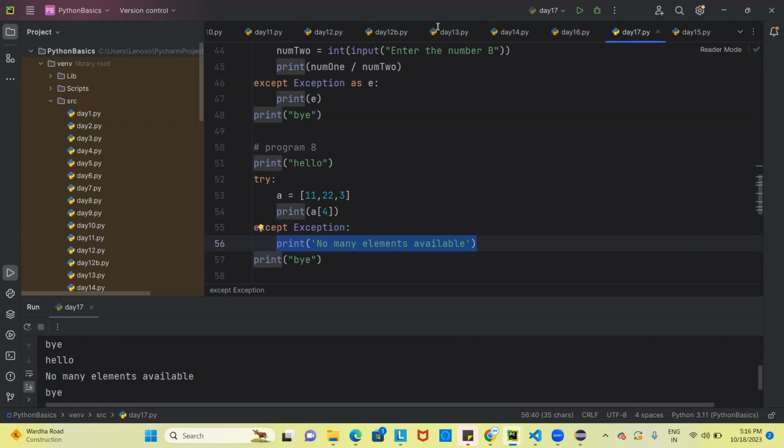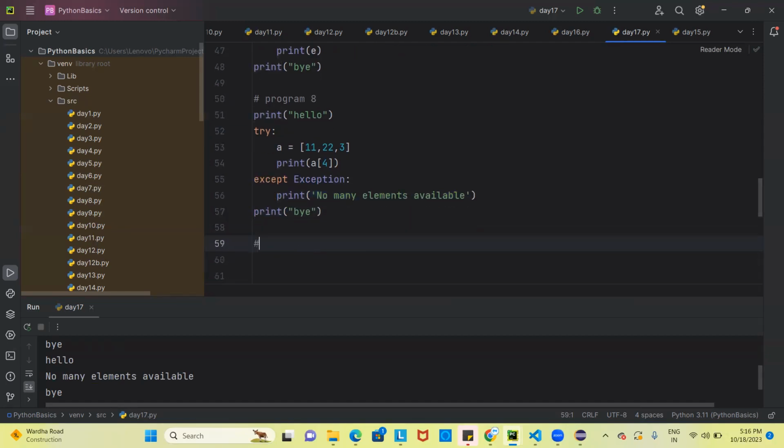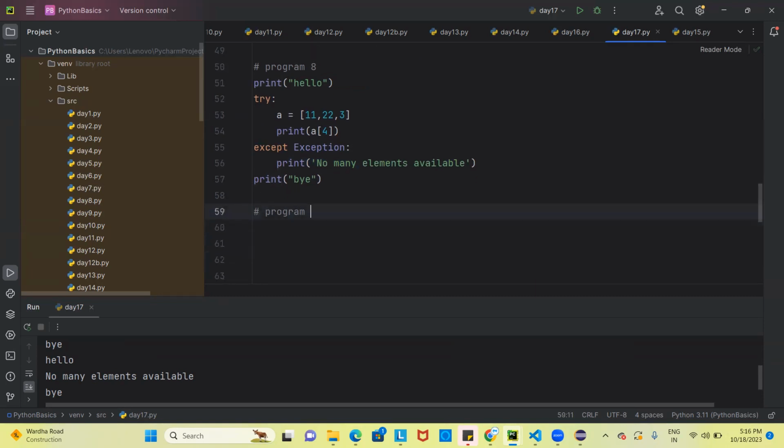Let's say for example, now I'm managing two runtime errors in one program. If I come here, I have program 9. So the example I am having now is